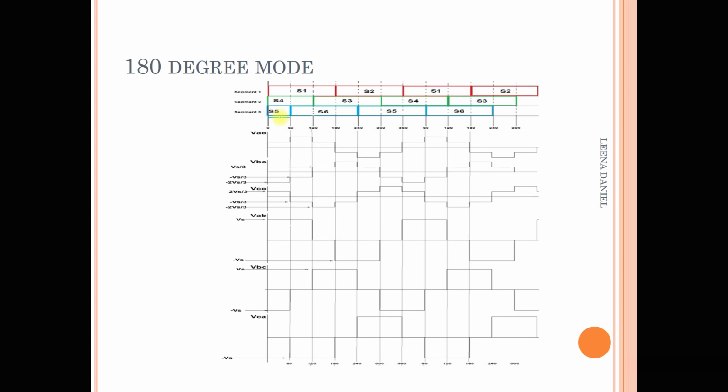One is from the positive group and two from the negative group, or two from the positive group and one from the negative group. Like that it would conduct. So the thyristor pair in each arm we turn on at a time interval of 180 degrees.